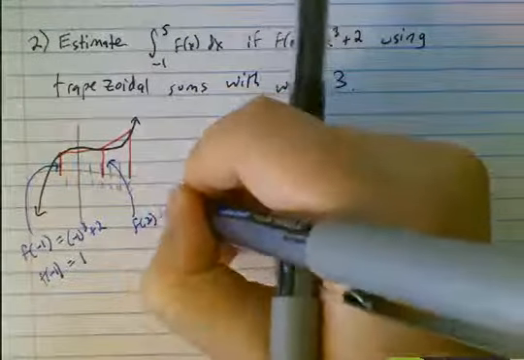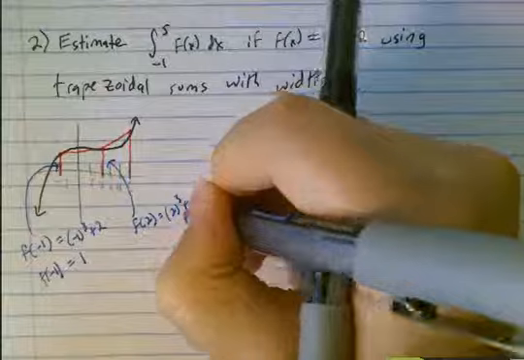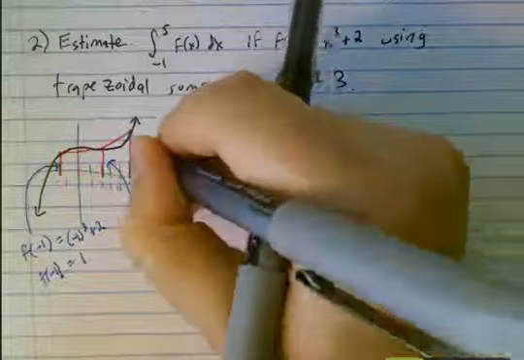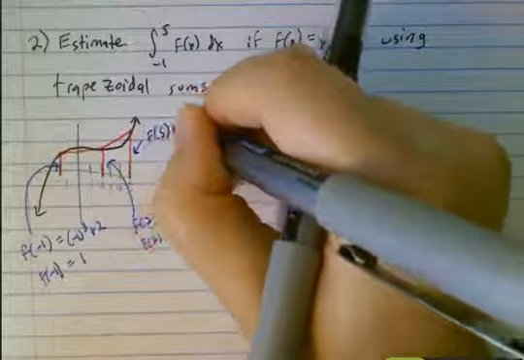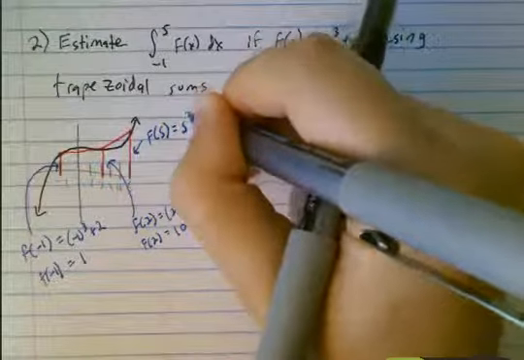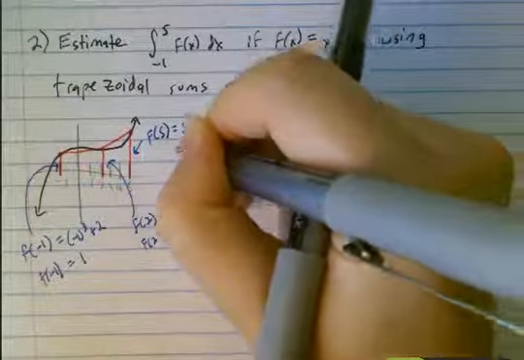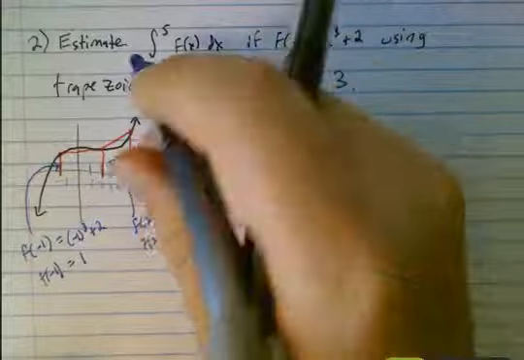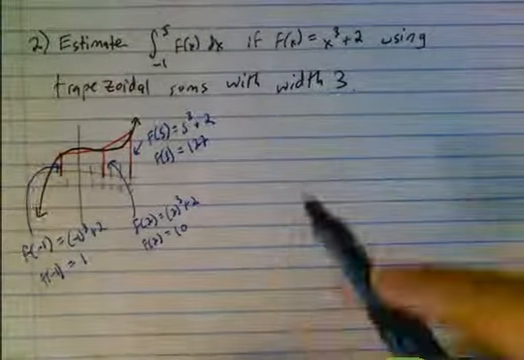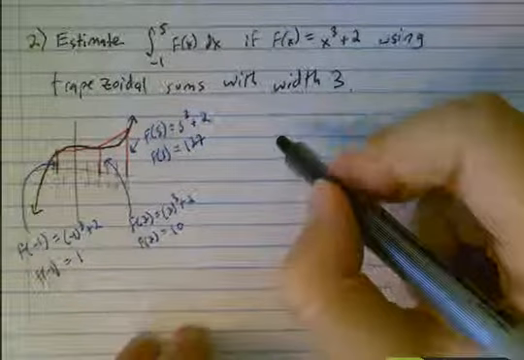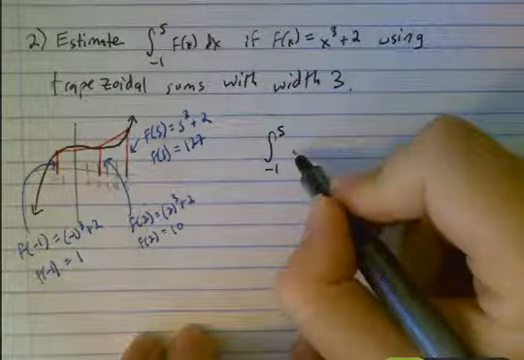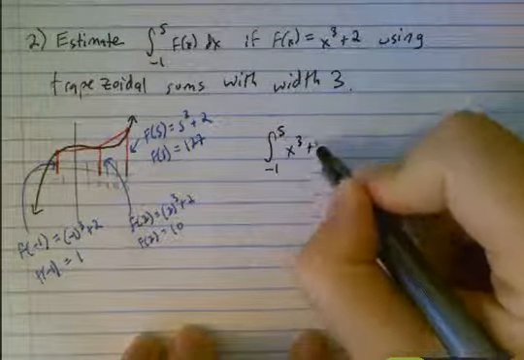F of 2 is going to be 2 cubed plus 2. F of 2 is 10. And f of 5 is going to be 5 cubed plus 2, or 127. Now when we come over here to do our estimate, we're estimating the integral from negative 1 to 5 of x cubed plus 2